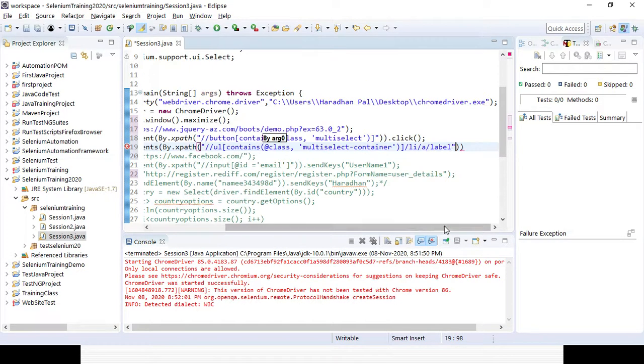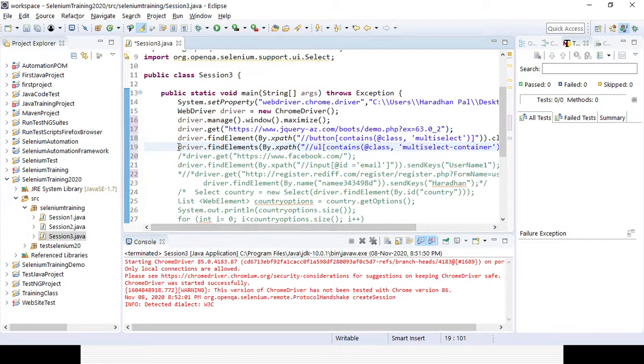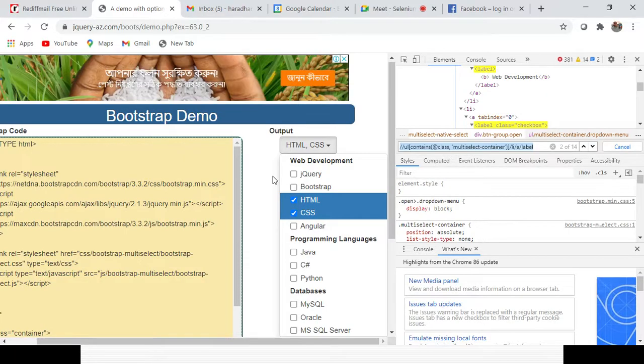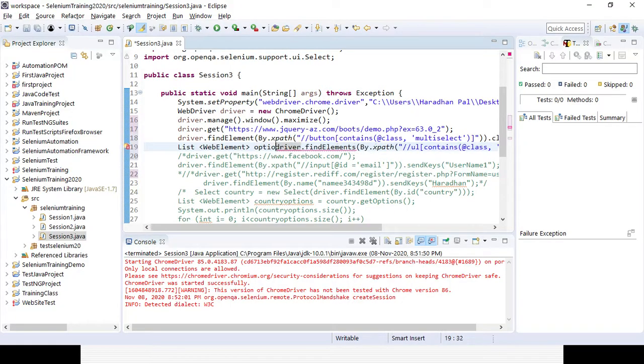You need to close with a semicolon here, and you need to use the return type, List WebElement, and you need to declare some variable here. So I am giving the variable name as options.